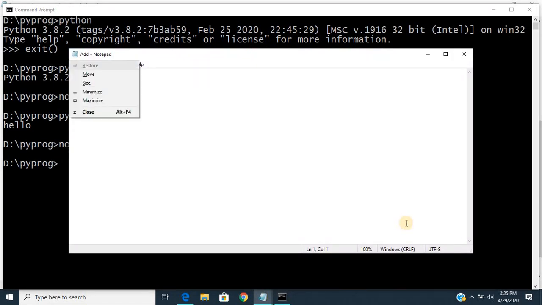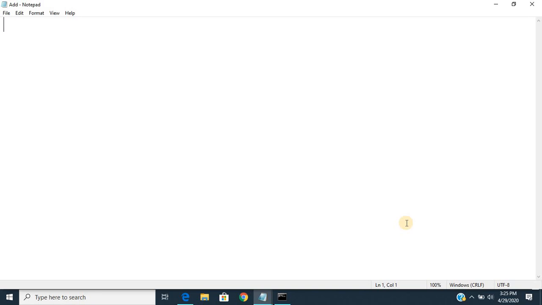So this is a normal program. If we want to access input normally for addition of two numbers, we will use a equal to input, which will read a string value, enter number, b equal to input, enter number 2.